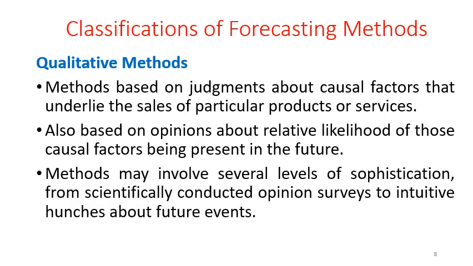These methods may involve several levels of sophistication, from scientifically conducted opinion surveys to intuitive hunches about future events. Scientifically conducted opinion surveys means it's not a crude method: you prepare a questionnaire and get some feedback from the customers. Of course, it can be through interviews, through some recordings, through a feedback form, it could be through